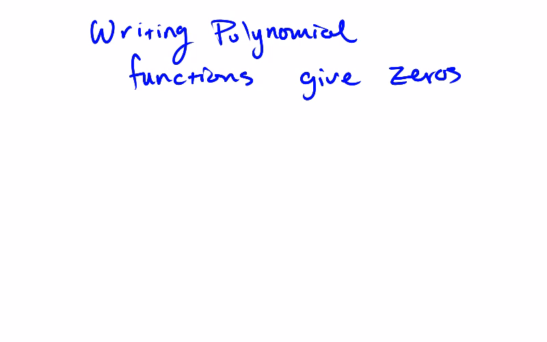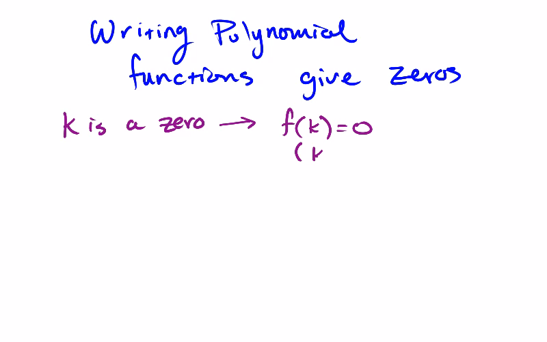So for example, if you have a zero, and we'll say that k is a zero because k would make the function f equal 0. So f of k would equal 0. Therefore, it's an x-intercept. You could write it as k comma 0. Since it's an x-intercept, it's called a 0. We can write it as a factor. So if k is a 0, then x minus k is a factor